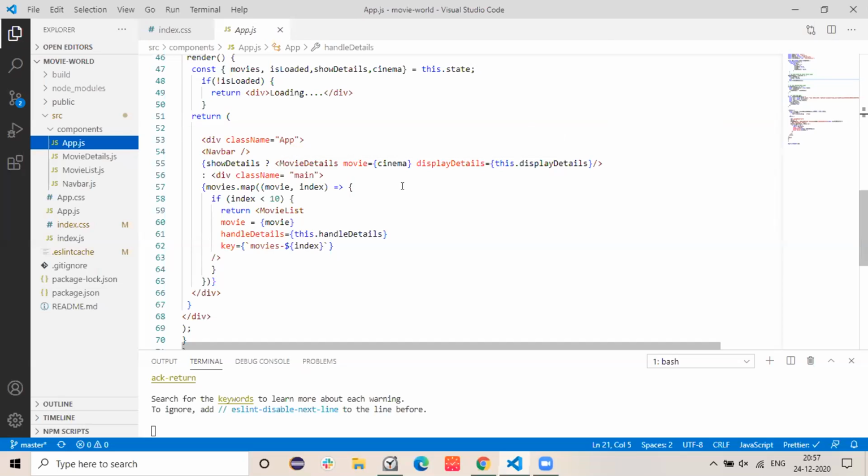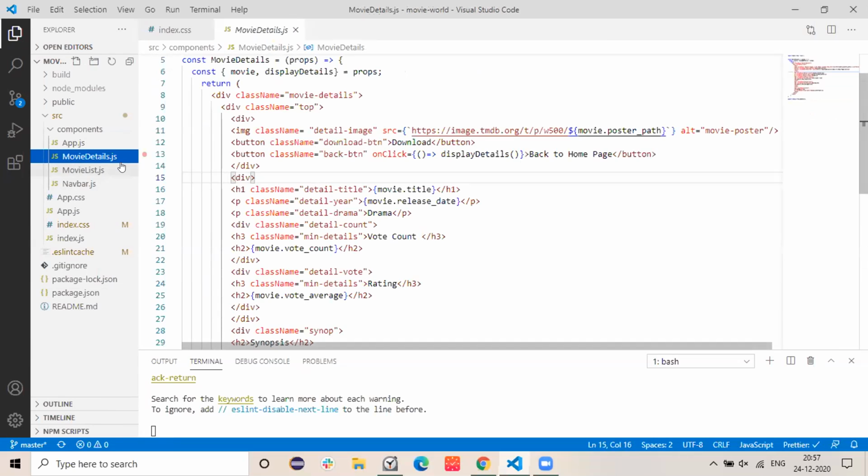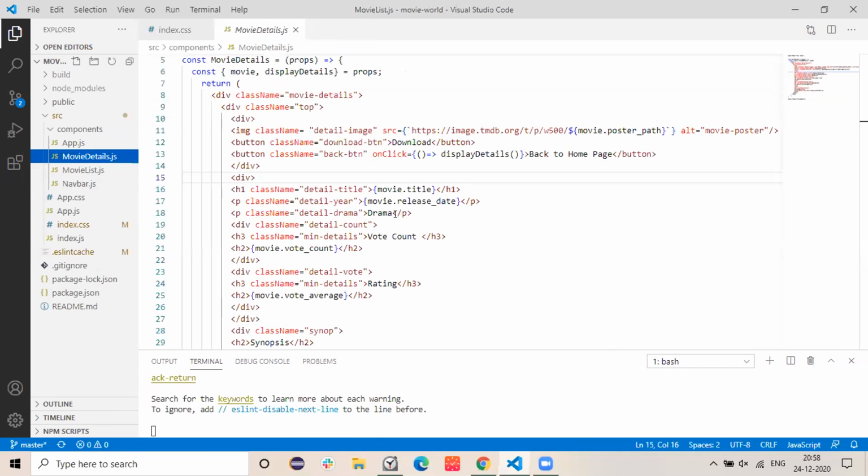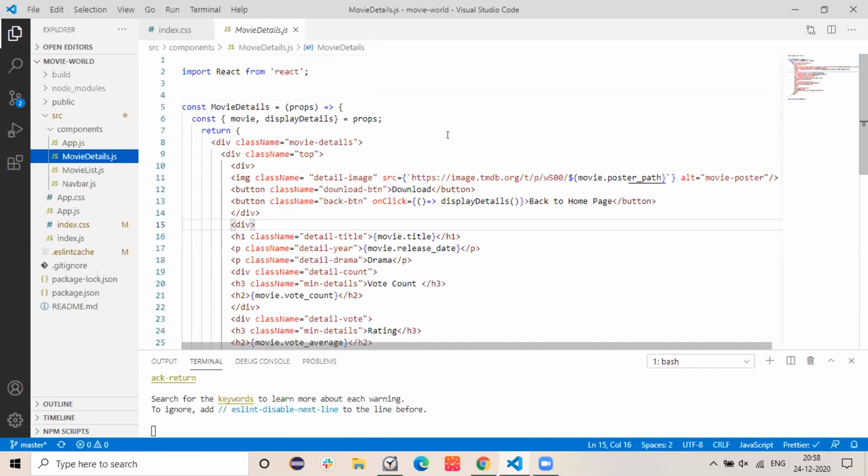The movie details component will be rendered, and when we get the results, we are passing the results of the movie to the movie list component. Initially, your movie details Boolean is false, right? Movie details.